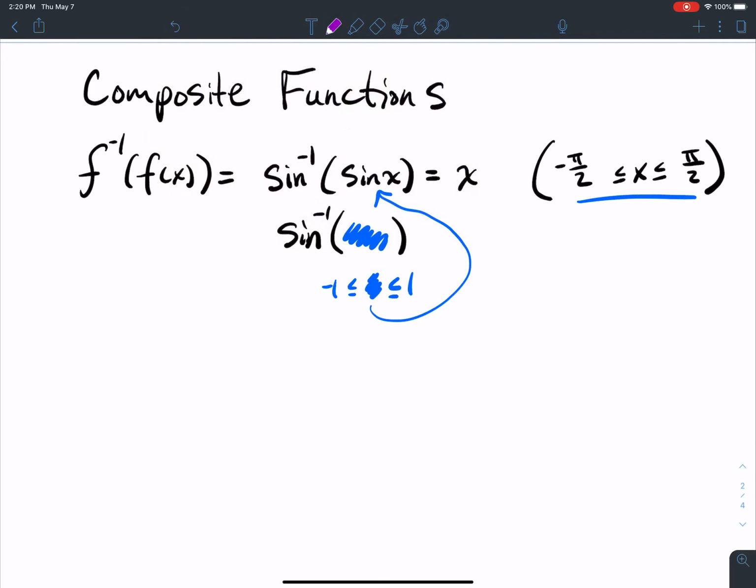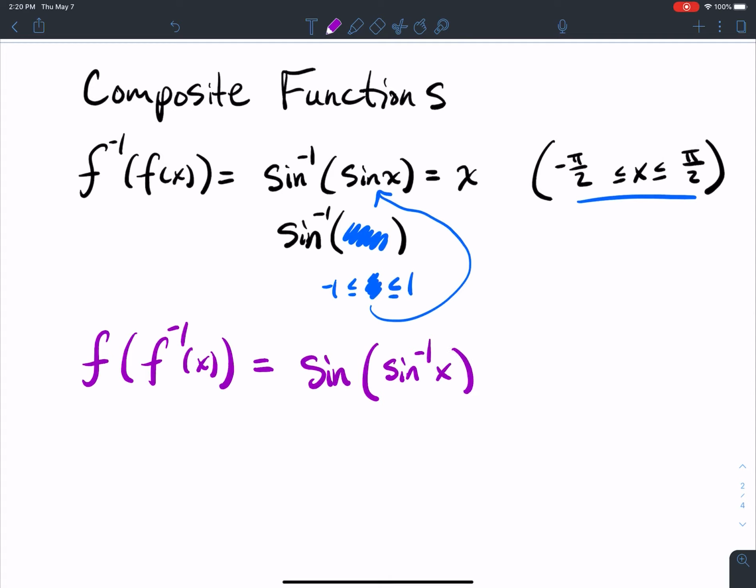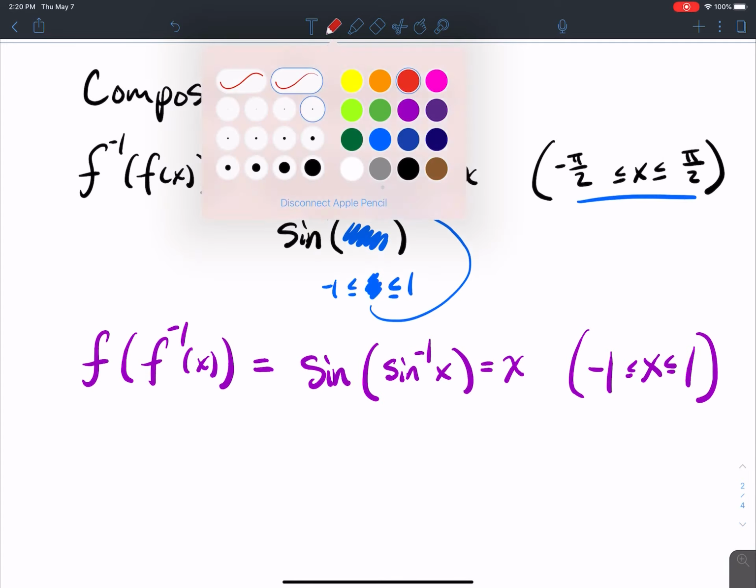And then the same thing works if I have f of f inverse of x. This is equal to the sine of sine inverse of x, which equals x as long as x is between, well, what two values? -1 and +1. So for the same reasoning,